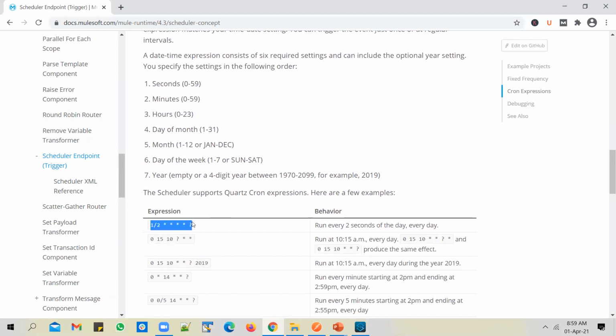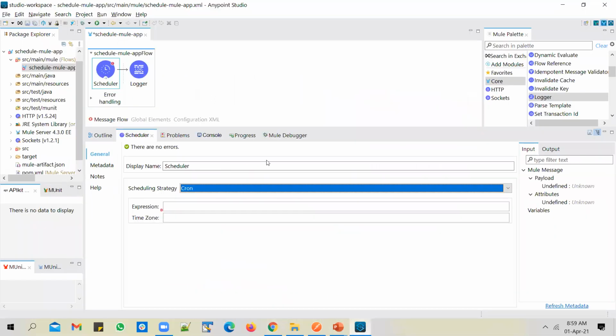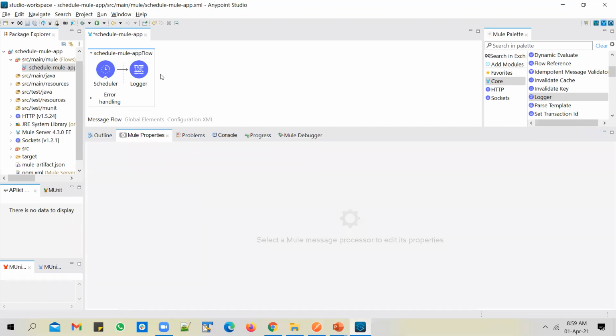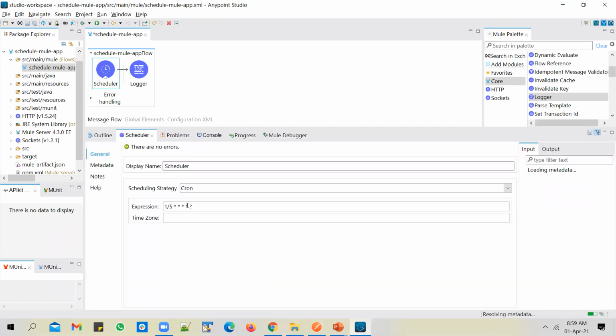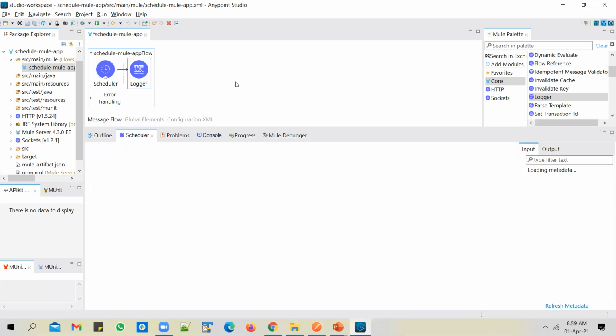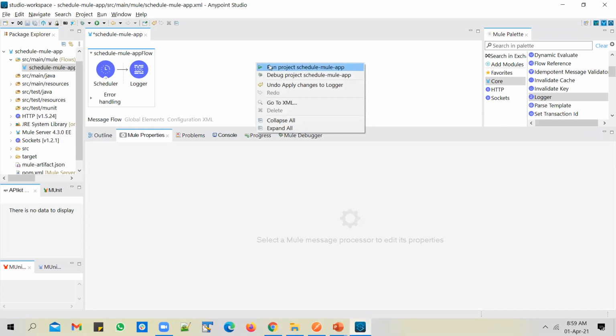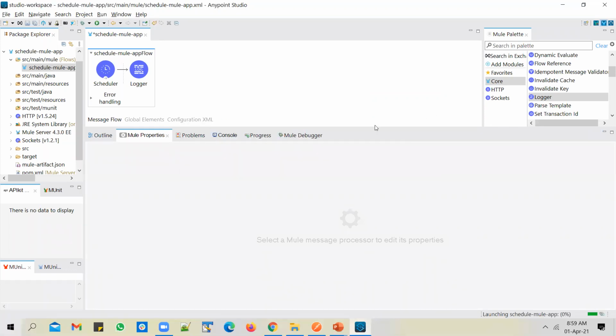And to show you how it works, I'll copy the first expression, and we change this to cron, and we paste in that expression there, and we will change this 2 to 5. Okay, so what will this cron expression do? This will trigger the flow every 5 seconds. And you go to the logger component, and we just change the log message to 5 seconds, and let's trigger the flow. Let's run the application